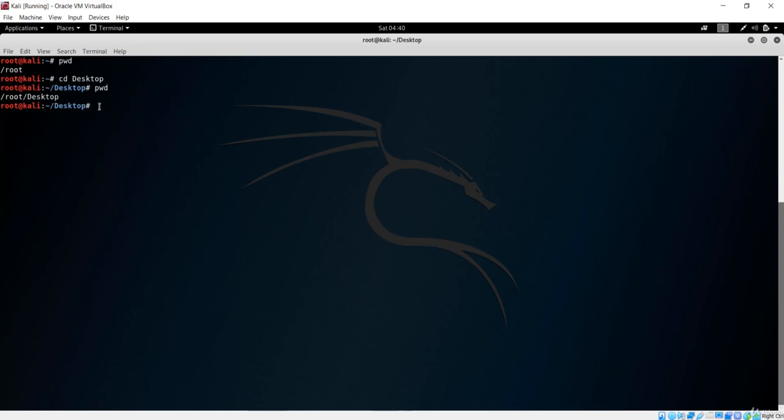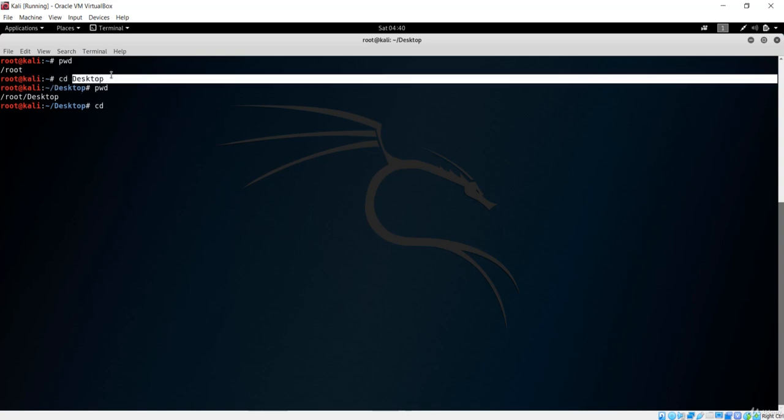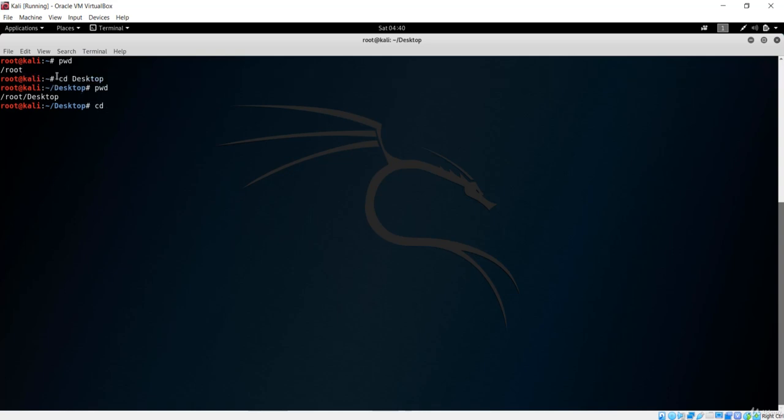So the next thing is to change the directory. In order to change the directory, you have to make use of cd. So cd stands for change directory. We have just done that here, changing directory from the root to the Desktop, and Desktop has been added over here. If I want to change from the Desktop to root, then we have to just go back from Desktop to the root. That is done with this double dot. If I enter, then we are back to the root.